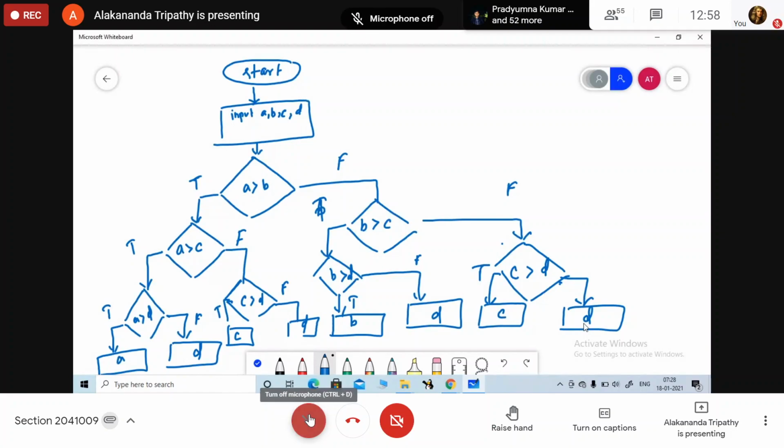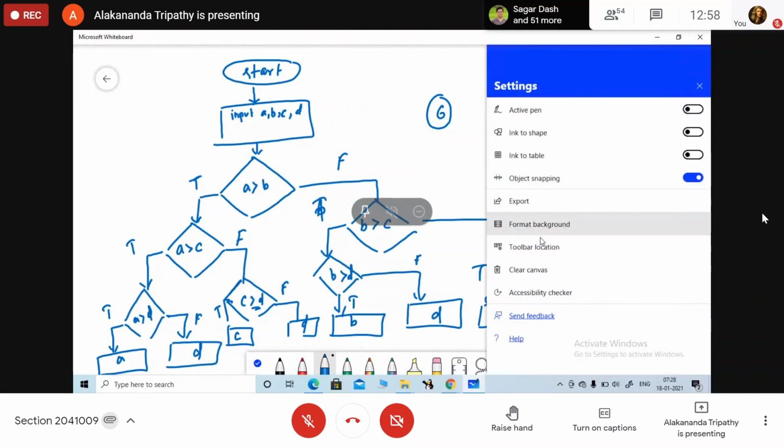To find the largest among 4 numbers without using the AND clause. Are you clear? So here, how many decision boxes are being used? Just check it. 1, 2, 3, 4, 5, 6. Six boxes. Yes, this one is the repetition. So how many boxes are we basically using? 6.